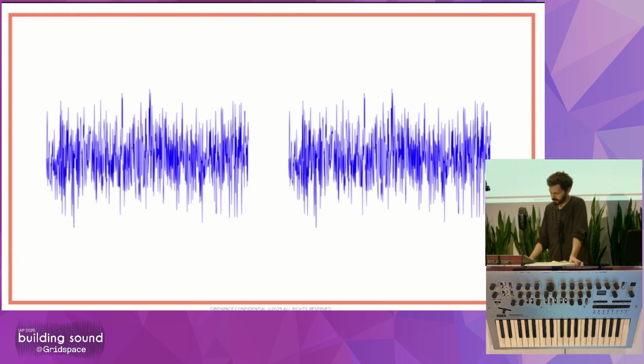Actually, before I do that, let me talk a little bit about other ways to shape it. This has a setting called sync, and that takes the second oscillator, and every time we get to one cycle of the first oscillator, in one period, it resets the second oscillator. What that looks like is, it may be at some part of its waveform, and then all of a sudden it'll jump back to the previous part of its waveform. So if you have, for example, a sawtooth wave,